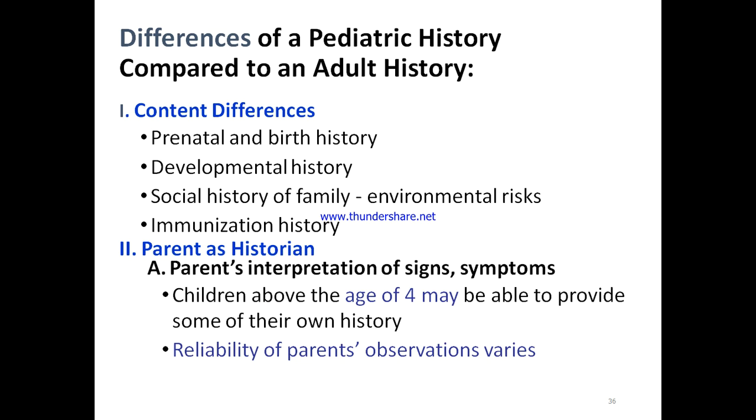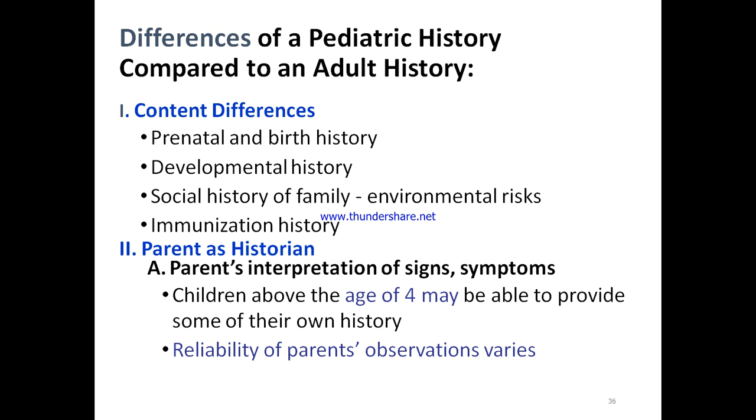During pediatric history, mainly we are focusing on what and when the child received immunization or vaccines. Also, we are assessing the immunization history of his mother, which is one of the most important parts of